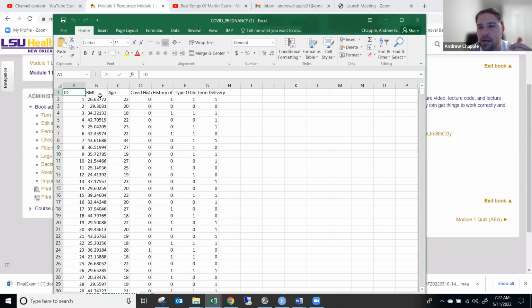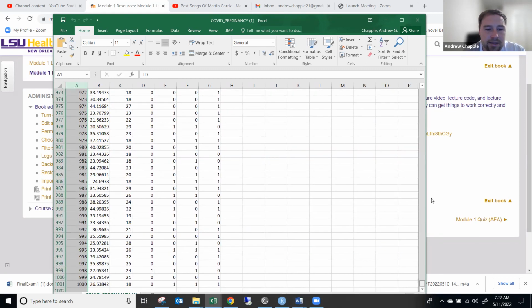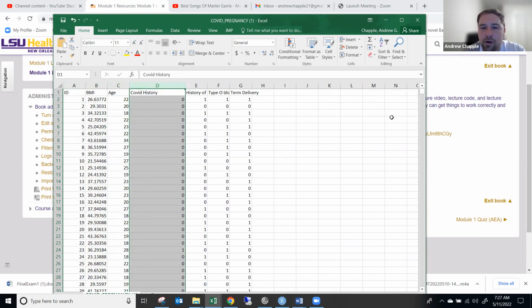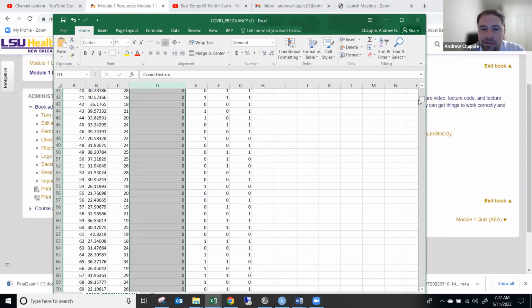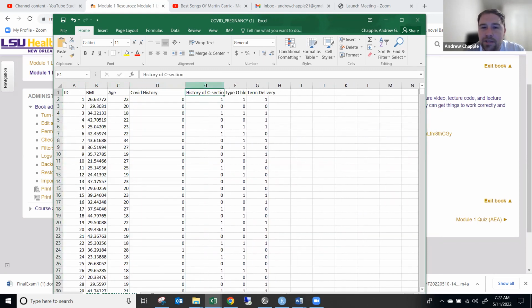I want to explain what the variables we're looking at are. So here we have ID number, and you can see just looking down, this data set has 1,000 patients in it. We have patient BMIs. We have patient ages. We have patient COVID history, where a 1 means that they had COVID at some point and a 0 means that they did not have COVID. We have patient history of C-section. So this is for